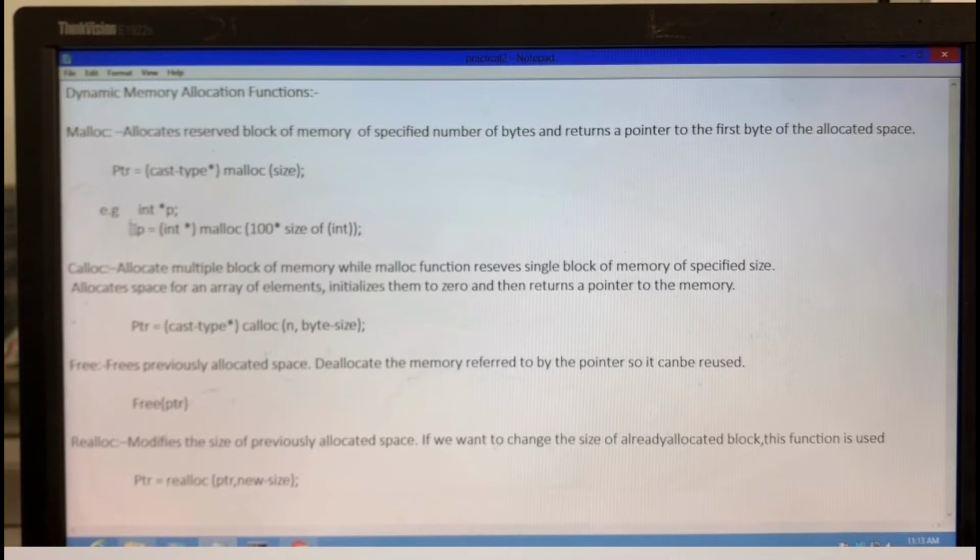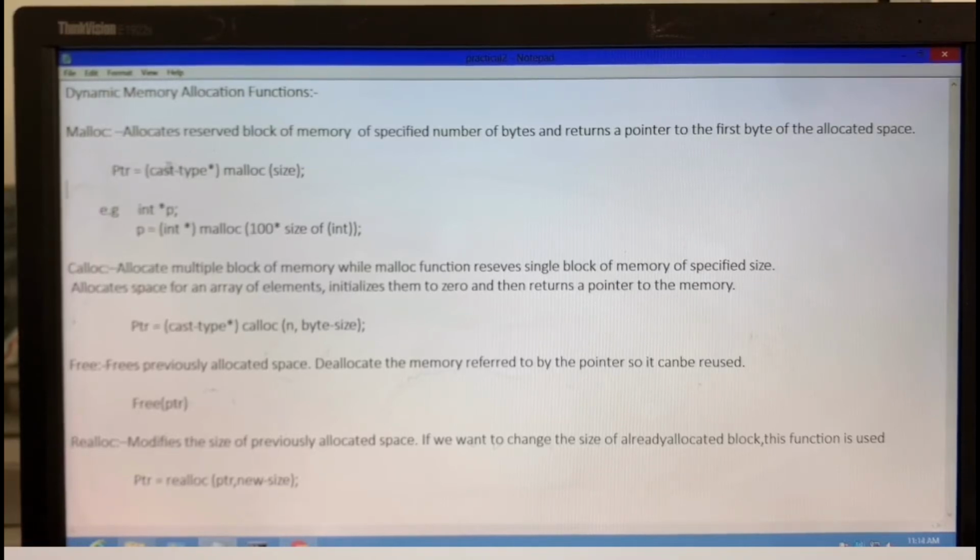The syntax of malloc is ptr = (cast type *) malloc(size). The cast type is used for typecasting. If we are allocating the pointer variable as an integer, then integer typecasting is used.